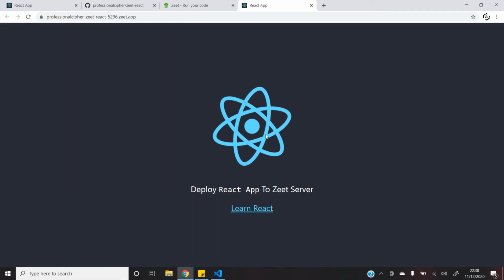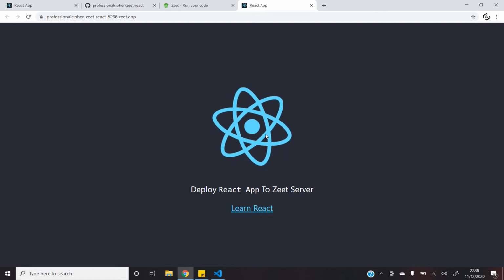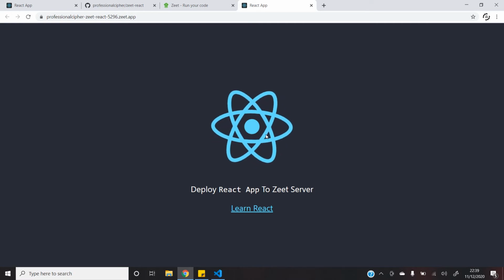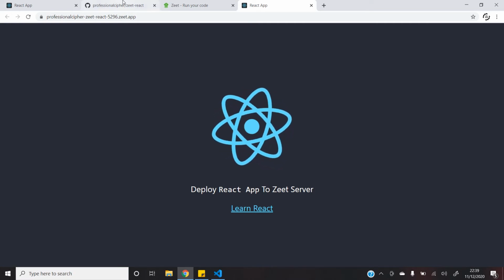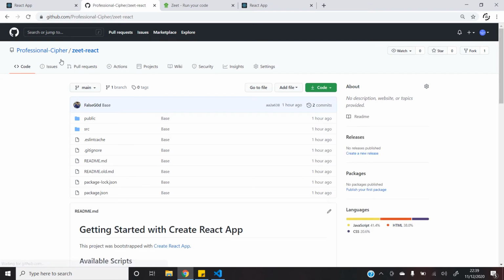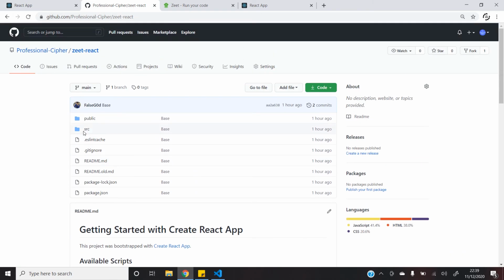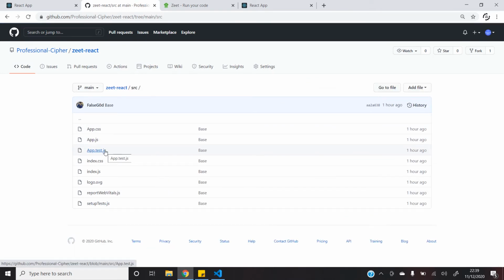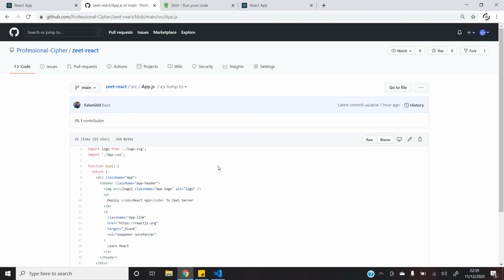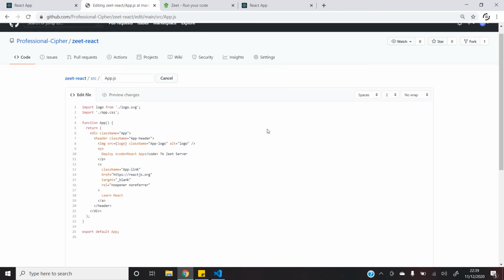As you can see, the app is running perfectly. Here, I would like to take a moment and show you guys an amazing feature offered by Zeet. It allows us to make changes into our deployed application without any additional hassle. All you need to do is make the changes on your system and then push the commits onto your GitHub repository. To showcase this, I'll simply make a few changes in this GitHub repository app.js file.